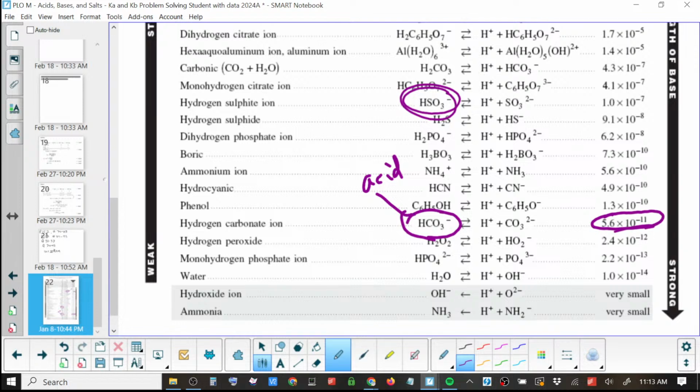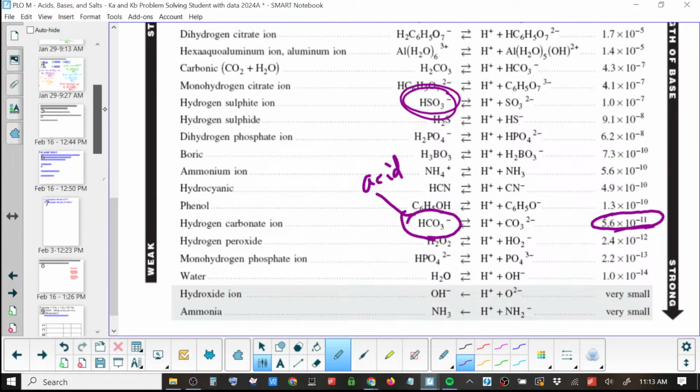If it's in anything else and the other thing is not amphiprotic, then it will just be whatever it needs it to be. If the other thing is only an acid, then it will be a base. If the other thing is only a base, then it will be an acid, because then it will just do whatever is necessary for the reaction.